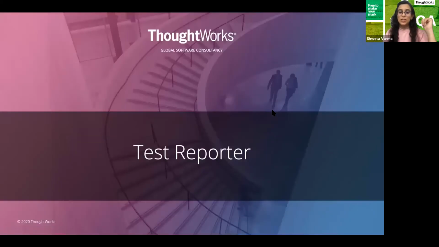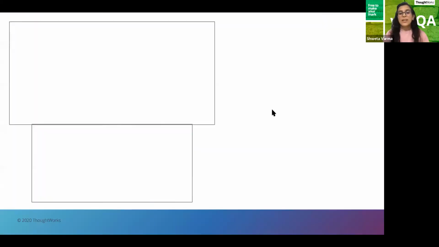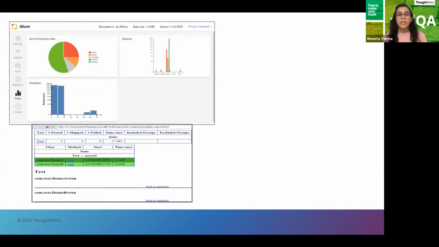Then let's go to the test reporters. As I mentioned earlier, this is very important. You have done your work, you have felt proud about doing it. Now you also want to share your happiness with the team members and other people, and it depends on you how you would represent the reporting things. So that is achievable here.